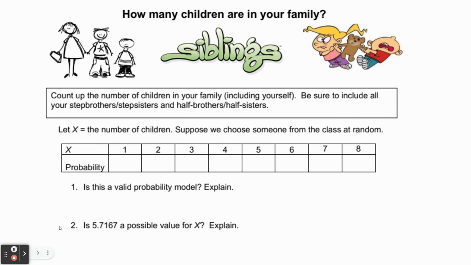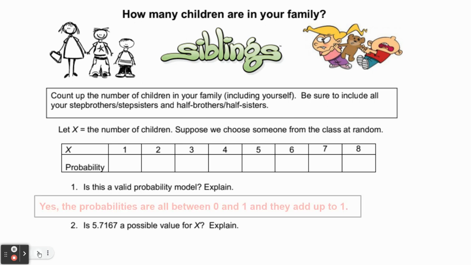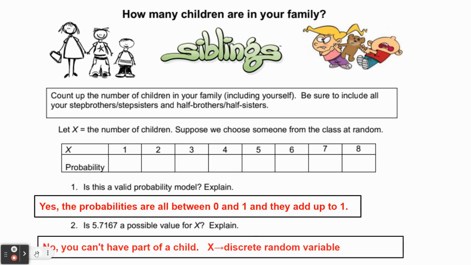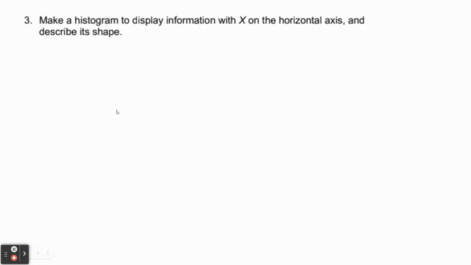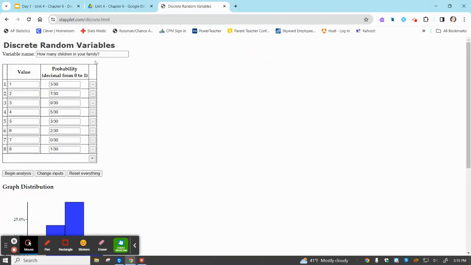Now when it asks you to make a histogram, rather than just starting it from scratch, there's a couple different options in Google Classroom with the slides and the video that I shared with you. You'll also see a link for the Staplet, and it's labeled discrete random variables. Now, enter in